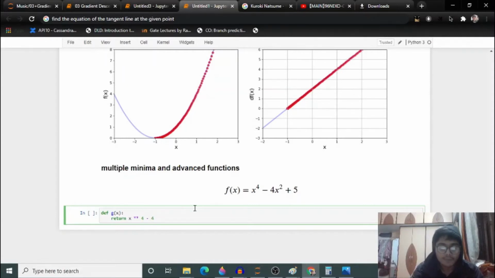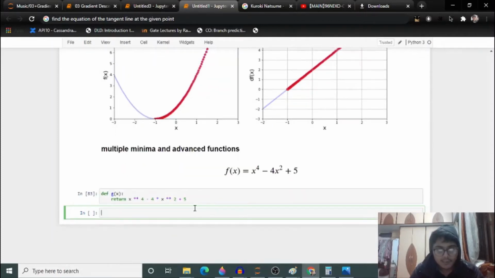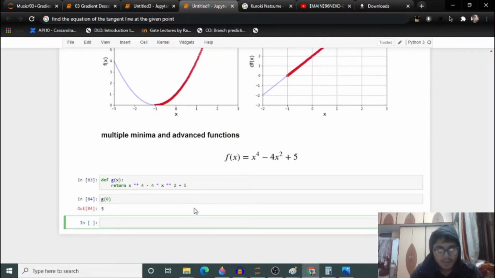Then x square plus 5. Let's put 0. For 0 it should output 5. So put 0. Yeah, we are getting 5.